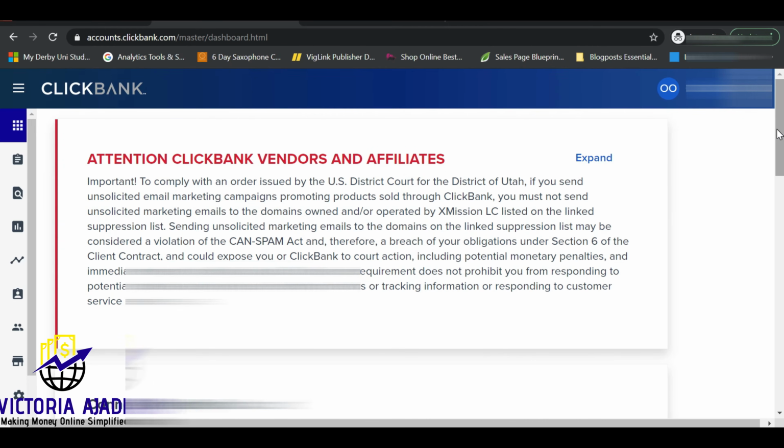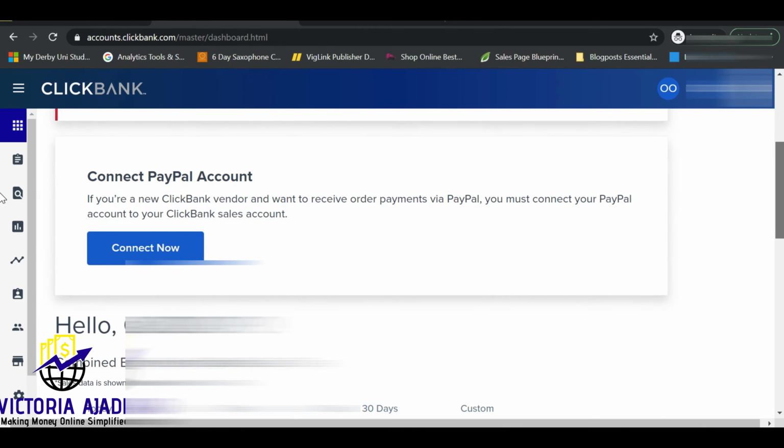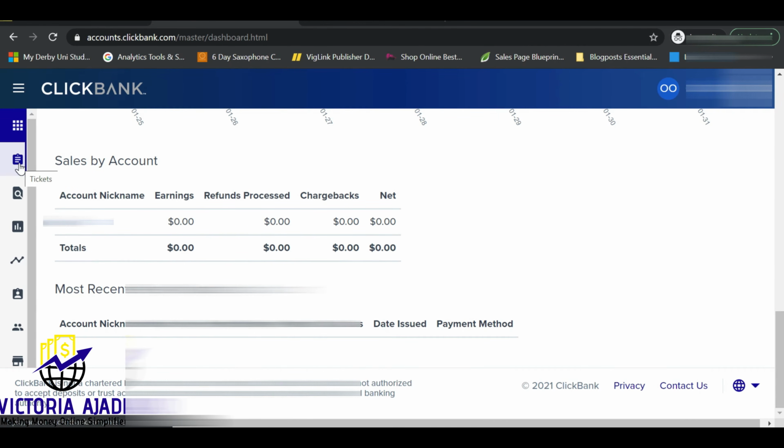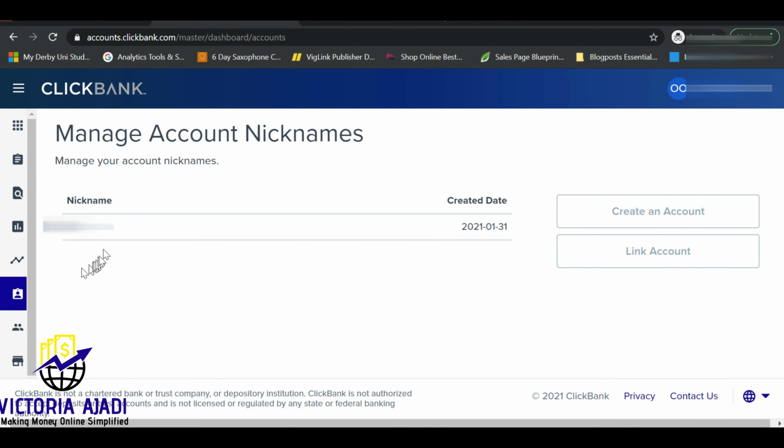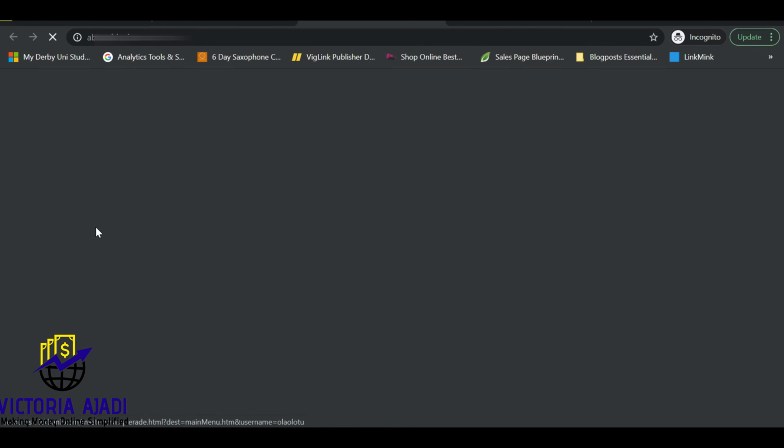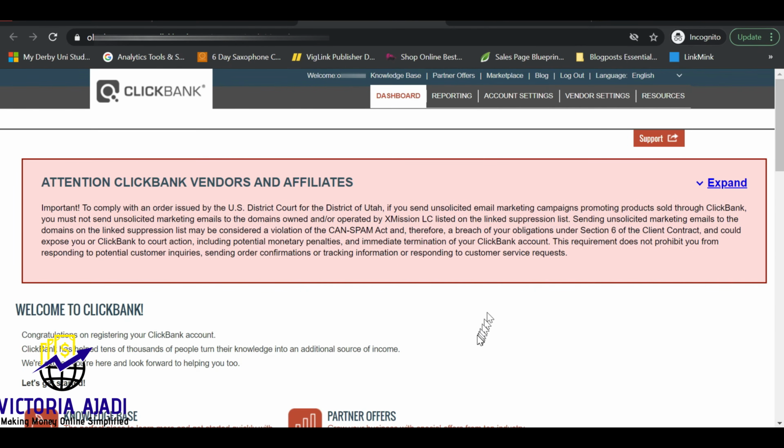and then it will bring you back to the page where you'll be able to see your details. Scroll down again, and then on the left side, of course, your earnings will be 00 and all that. You see the different things on the left side: tickets, marketplaces, search, accounts, and various things. Click on accounts. When you click on accounts, it will take you to this page where you'll be able to click on your nickname again. So you click on your nickname, and then it will bring you to this page where you can actually edit